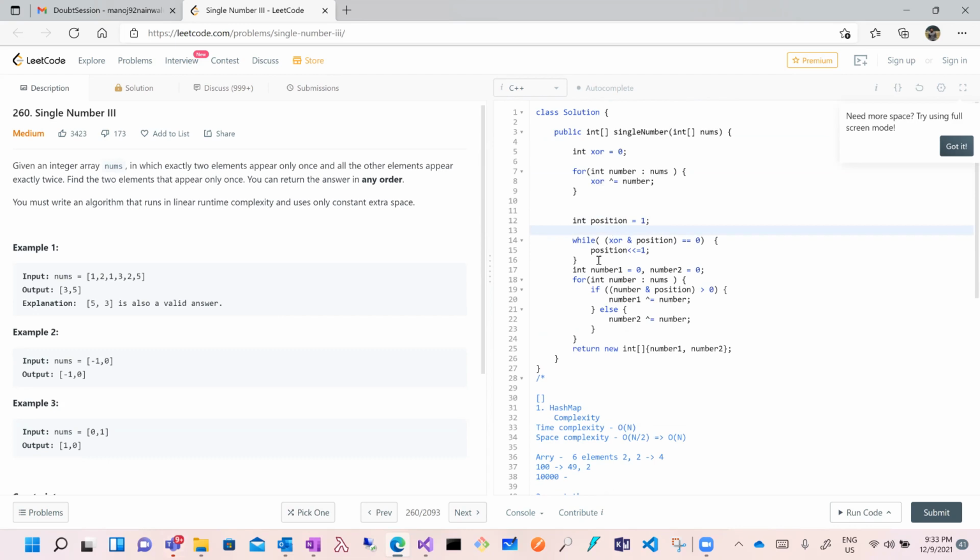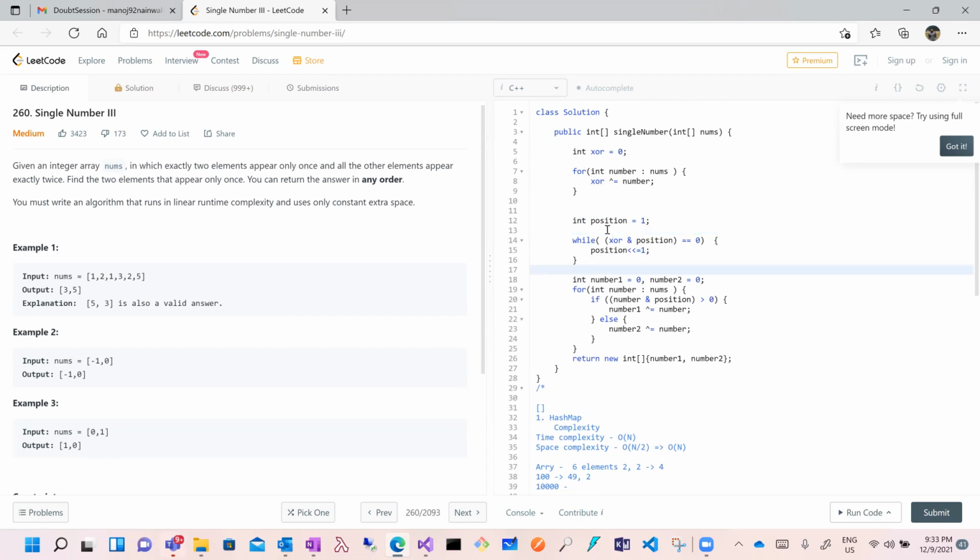So now I am finding which place in this XOR has bit 1.